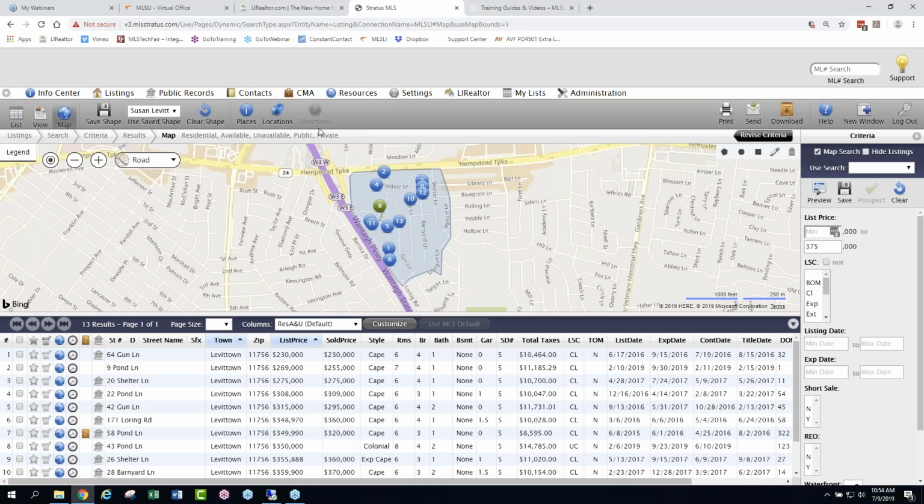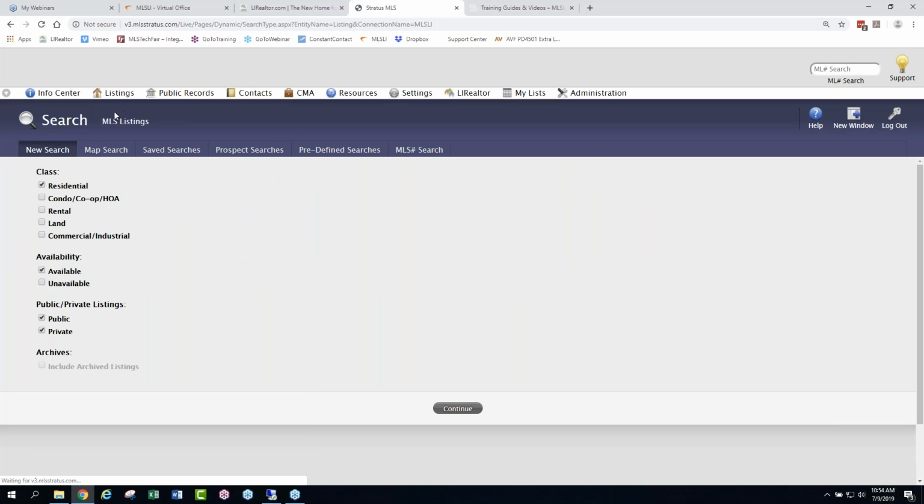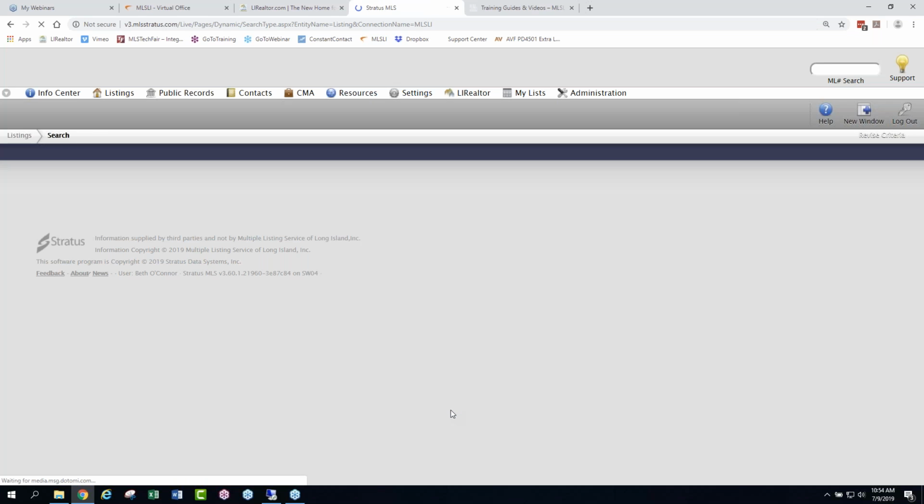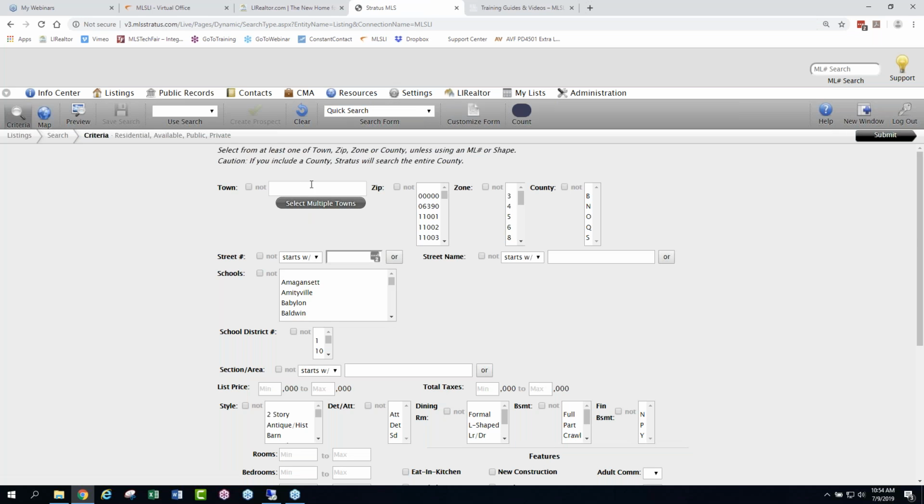So let's get back to Stratus. We're going to do our address search two different ways. I'm going to show you how to do it under new search, and then again, we'll show you how to do it on map search, all right? So if you're in new search and you want to search for all the houses on a particular street, you would put in